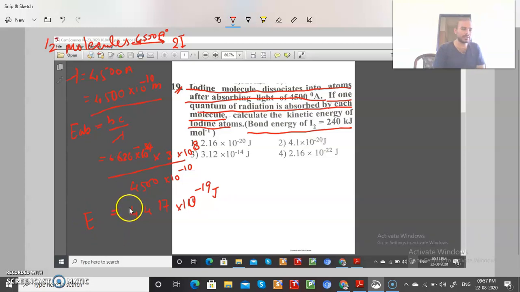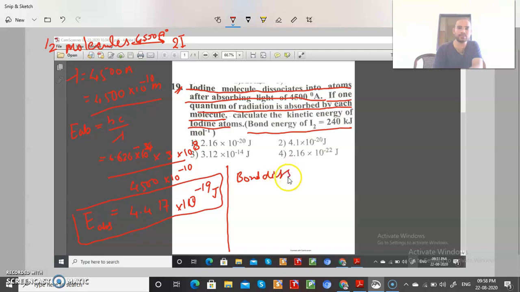So I know the energy for breaking the bond, this is the absorbed energy, student. Total absorbed energy, keep this in mind. Then only we will apply it for kinetic energy. See, student, what other things are they talking about? They are saying the bond dissociation energy, the energy used for breaking the bond.